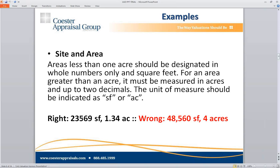So the right way for them to enter square footage in a site area would be 23,569 SF, with no decimals, no periods, no commas, nothing after it. For an acre, it would be 1.34 AC, no period, nothing afterwards. The wrong way would be to enter it with the comma or to spell acres all the way out. When you're reviewing the report, this will be rejected. If you submitted this to Fannie Mae, the report would get rejected,